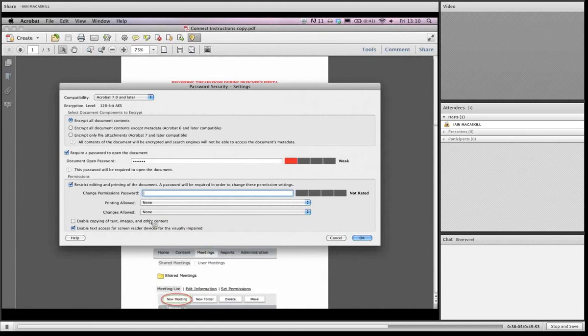And they also can't copy text and images from this document, because this button here is not checked. This one here is checked for accessibility purposes. So if someone's visually impaired, leave this button on, so their software, which reads out the text, can still access it, but not the users. And this is protected by a change permission password, and this can't be the same as the open password. It will just give you a warning otherwise. So just type in 654321,